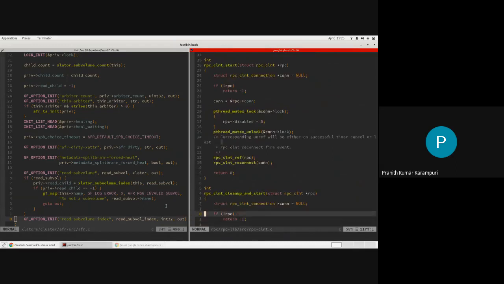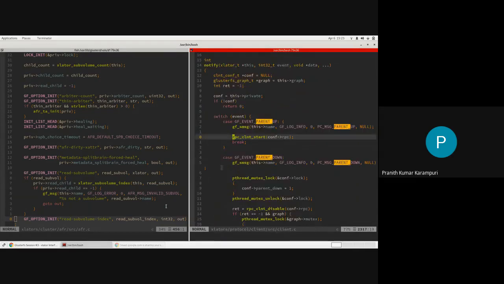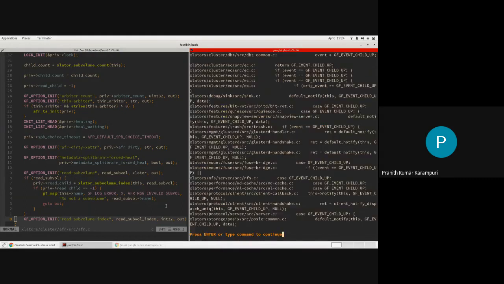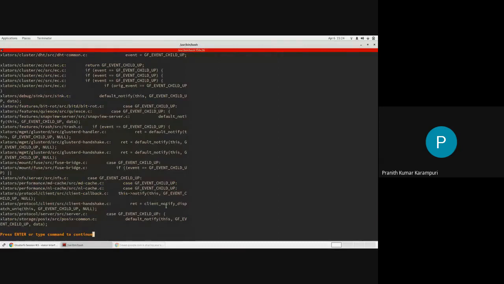Okay. So once the connection is established, then it will do something called child up, which I think is seen on the screen. Child up. Okay, yeah, it is here.